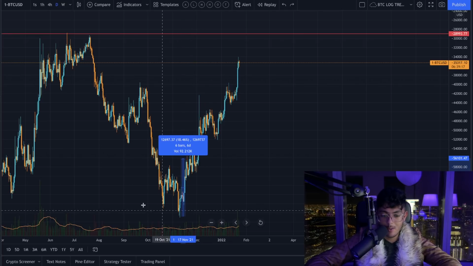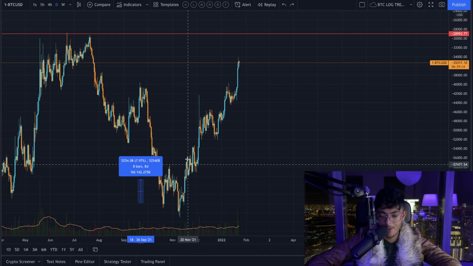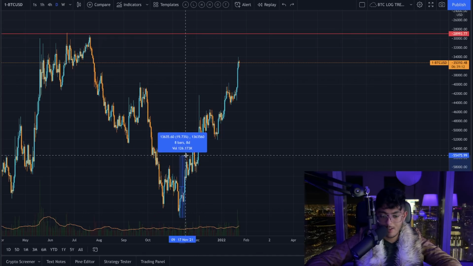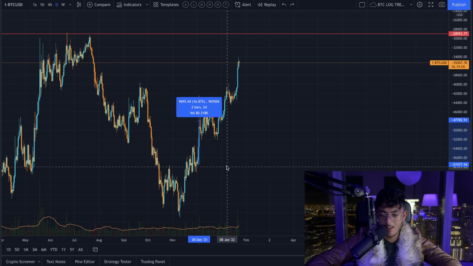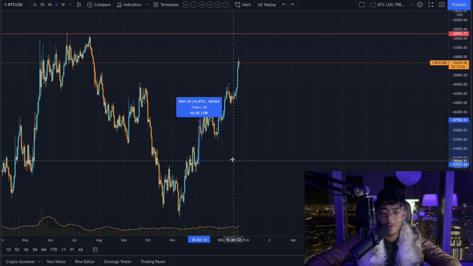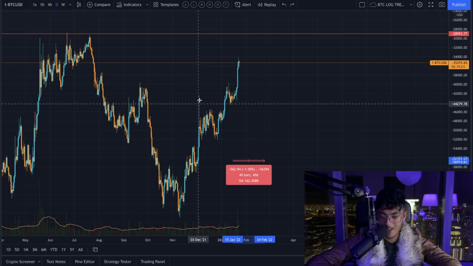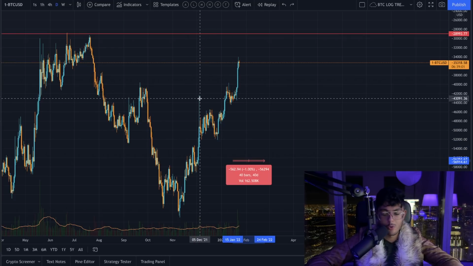This is an 18% move, and after this, take a look at what happens. The market pauses a little bit. So we're up by 18%, market starts consolidating. On this occasion, we move up by 18 to 19, 16%, and then the market starts pausing a little bit. Again, I'm not counting this wick, and you'll know why if you watch one of my previous videos,